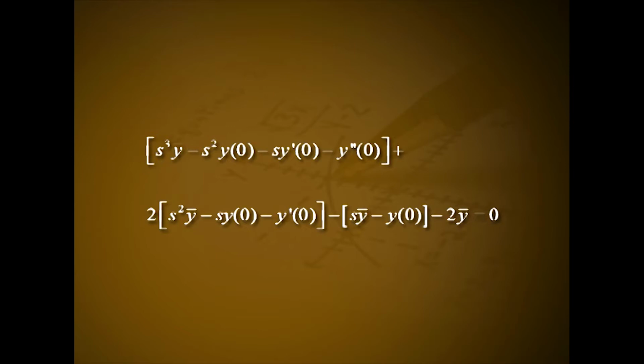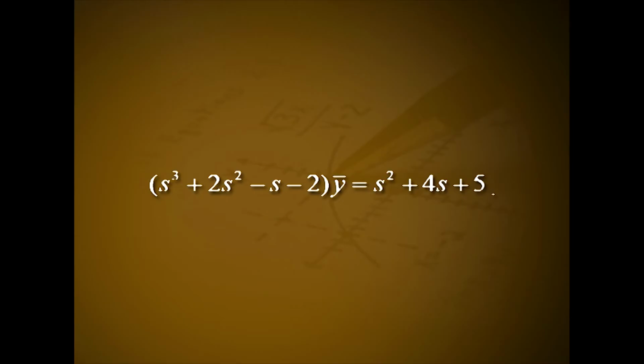Taking the Laplace transform on both sides, we obtain s^3 y bar - s^2 y(0) - s y'(0) - y''(0) + 2 [s^2 y bar - s y(0) - y'(0)] - [s y bar - y(0)] - 2 y bar = 0. Using the given conditions y(0) = 1, y'(0) = 2, y''(0) = 2, the equation reduces to (s^3 + 2s^2 - s - 2) y bar - s^2 - 2s - 2 - 2s - 4 + 1 = 0, or